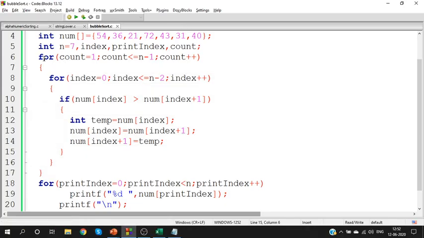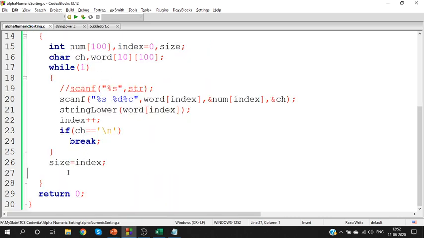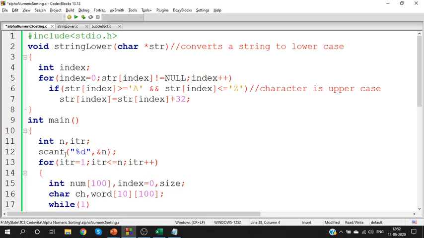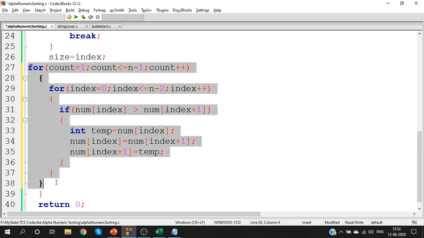So in our program also, same sorting process. I am copying only the sorting process. Yes. Copy, and here we'll paste it. Okay, so the sorting process is taken and pasted here.